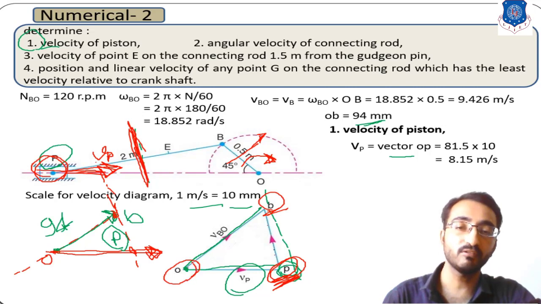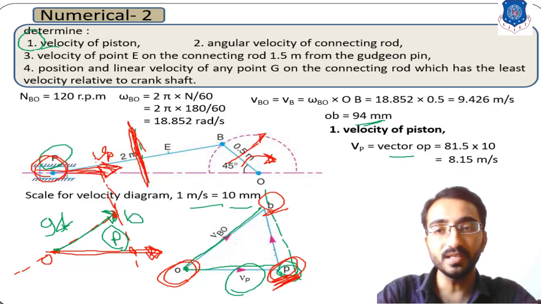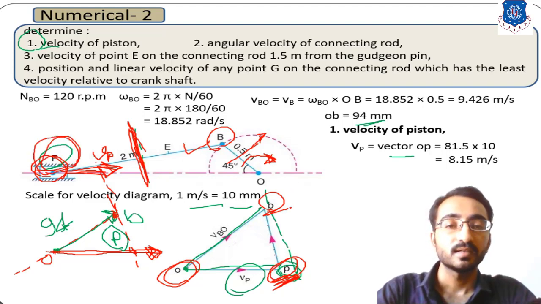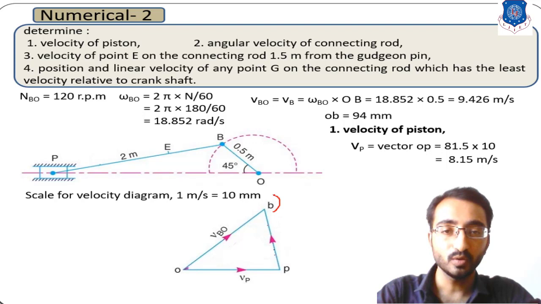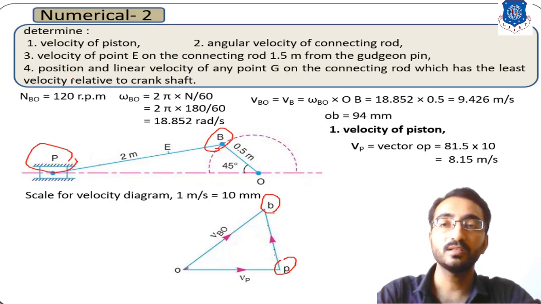So which will be your final one? If you consider the sketch, then PB is your connecting rod. The line joining this point P and B is your connecting rod. So over here you can say that PB line is defining the velocity of connecting rod. Okay, and if you want the velocity of slider or piston, then in that case the velocity of P is horizontal. So that's why